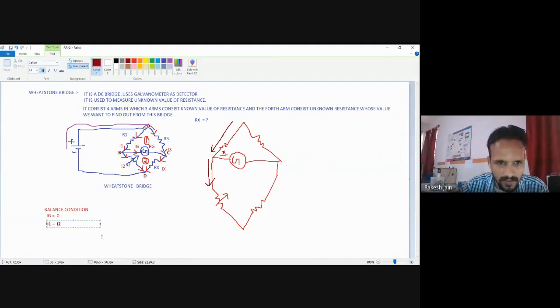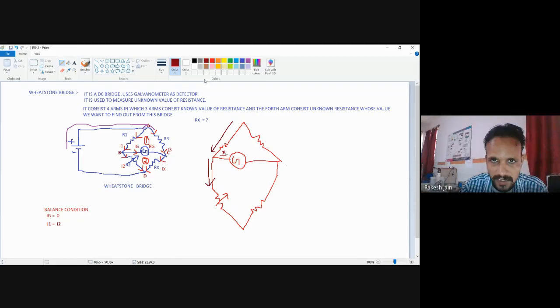Once again, I am teaching you the same thing. Kindly see very carefully with this green color. This I1 current enters from here, no problem. Now it will divide further at point B into Ig and I2. But we say that at the null condition, at the balance condition, the galvanometer current Ig is equal to zero. It means this I1 flows totally through the R2 terminal also. It means I1 and I2 are not two different currents at the balance condition.